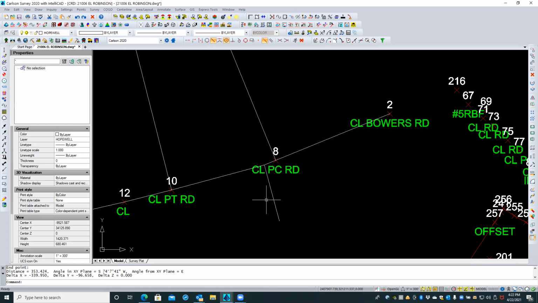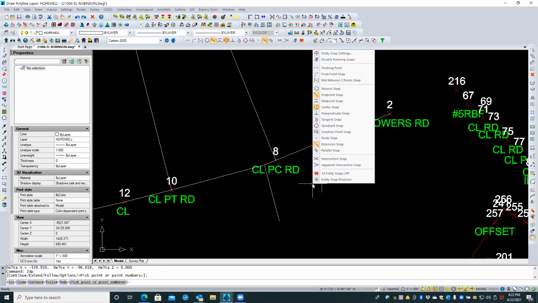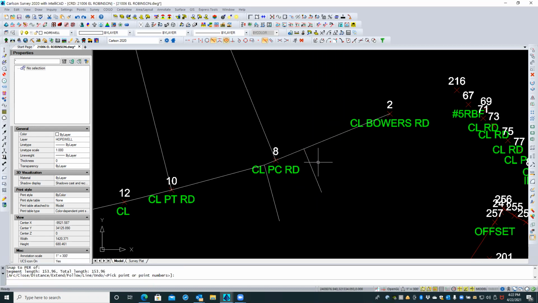If I want to split that difference either side of that PI, if I draw a point from here to perpendicular here,